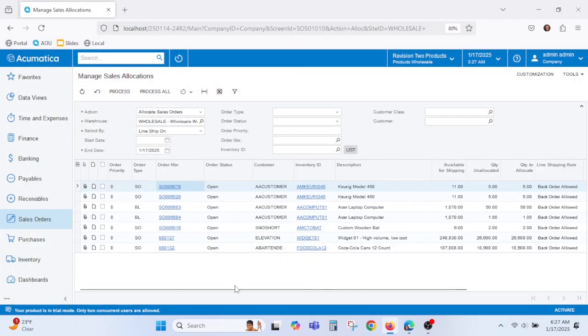When I exit the sales order, notice that the grid in my Manage Sales Allocation screen has changed. Sales order SO507462 is no longer on the list. This is because I just manually allocated available inventory to the whole line item on that sales order. Also notice that the number in the Available for Shipping column has been adjusted from 21 to 11 because 10 of these have been allocated to